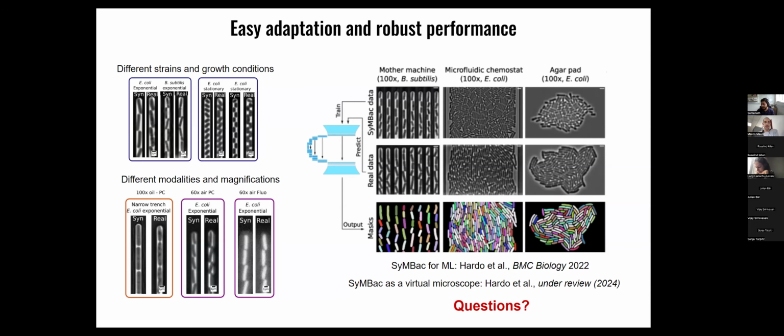So in the SynBac paper, we demonstrated how it can continuously track and segment cells as the cells grew from exponential to stationary phase, where they were 14 times smaller in cell area. And so it is really adaptable. So I think if you have mixed culture, it should be able to segment them.